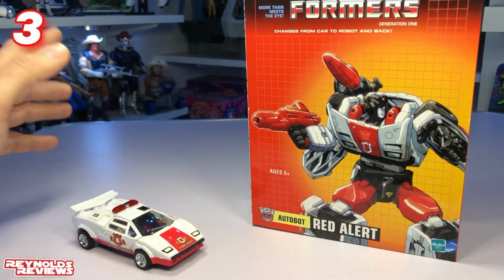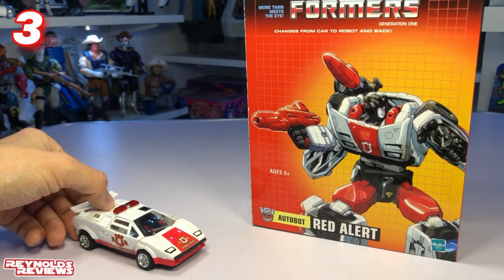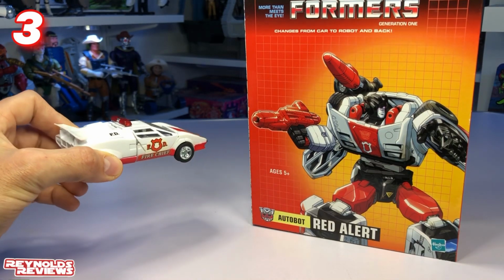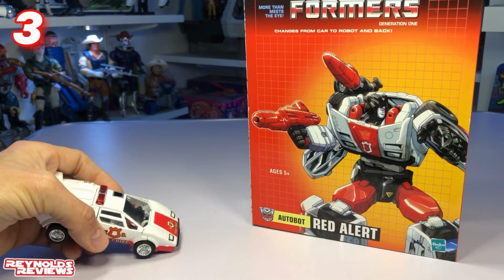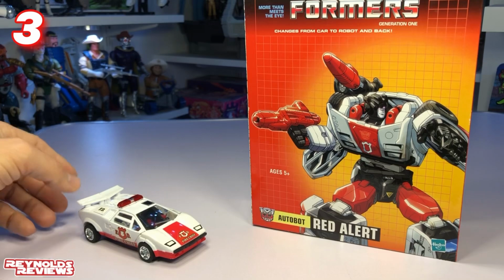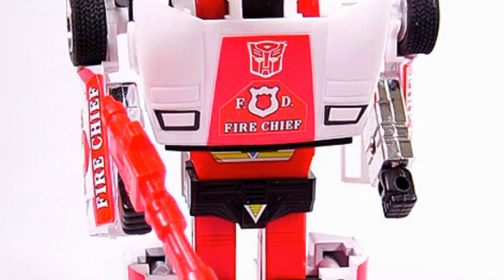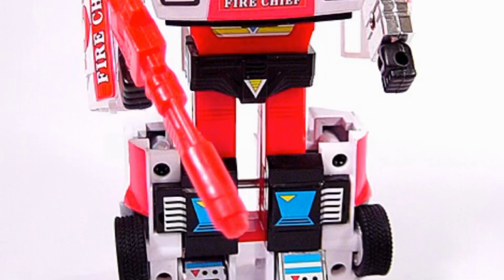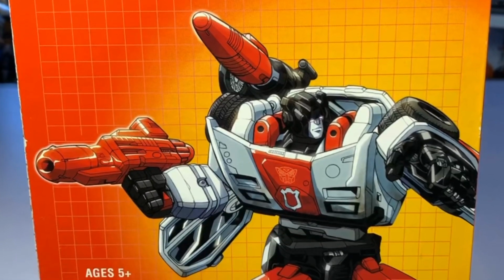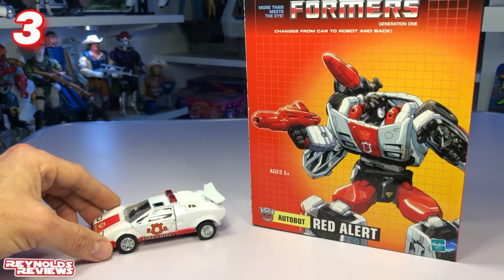So for example, we've got Red Alert, people like Sunstreaker, Sideswipe, etc. But this is wicked, and just look at the detail, man. I absolutely love this vehicle, and it's got some real weight to it. One thing I loved about Transformers back in the day is not only did they have plastic parts, but they had a lot of die-cast parts as well, and really added some sort of stability and real durable element to the toys. They were really robust and they could take a bit of a beating, but I absolutely love this guy. And yeah, this was always going to come into my collection because I had it as a kid